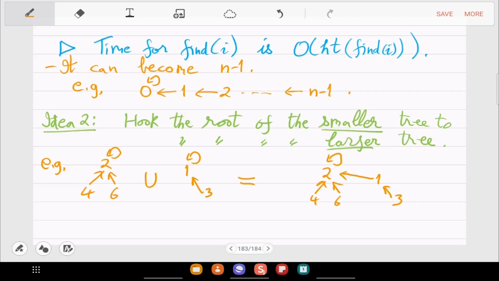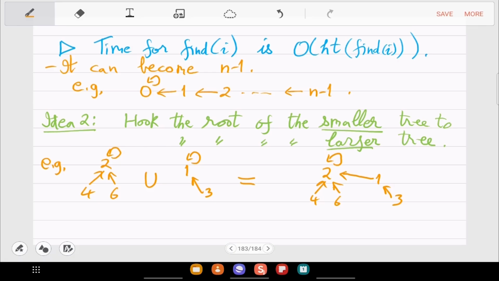That's point number 1. Point number 2 is that the smaller tree should be moved and the larger tree should stay the same. The only change will be that in the larger tree, which here, 2, 4, 6, are 3 elements, the root now has an extra subtree. And this extra subtree has to be smaller. And I guess when the sizes are equal, then you can do anything. But when the sizes are different, focus on the smaller tree.